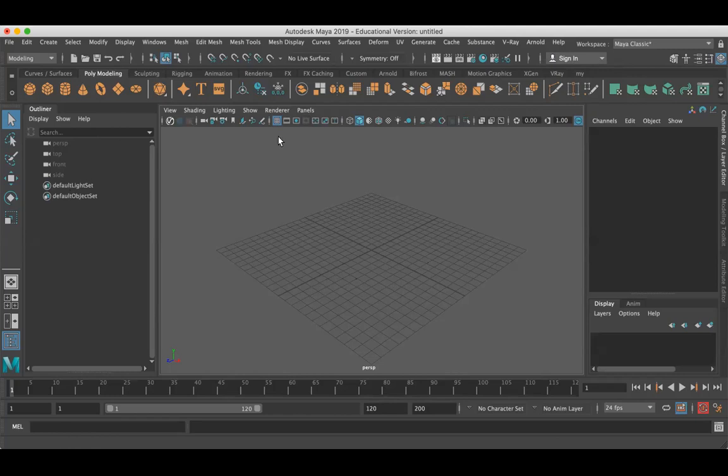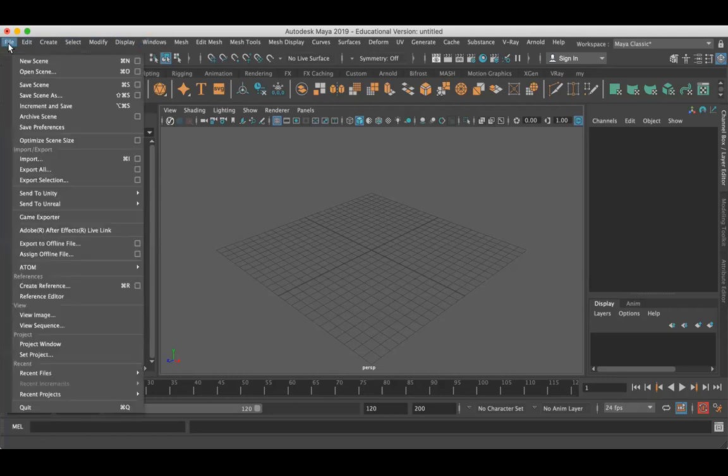Whatever you see here is the basic interface of Maya, and here at the top of the screen you can find menus.